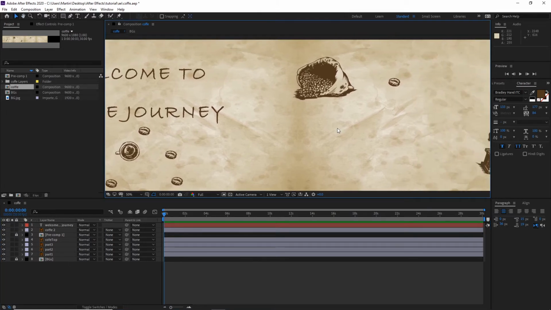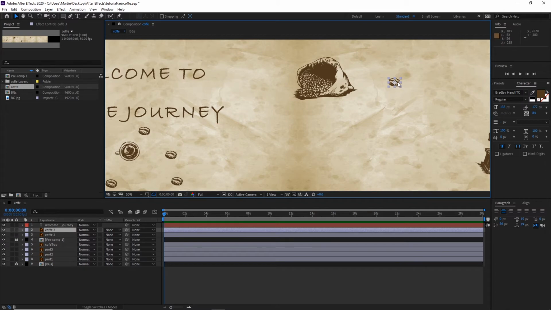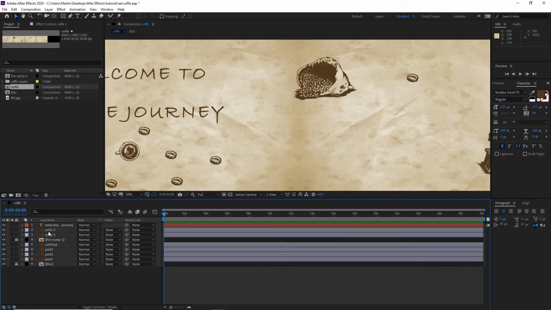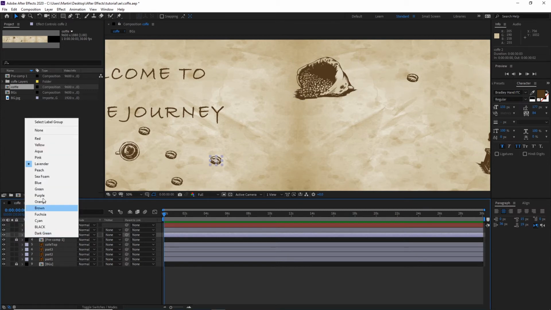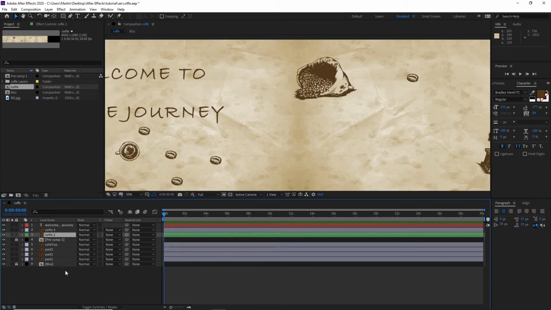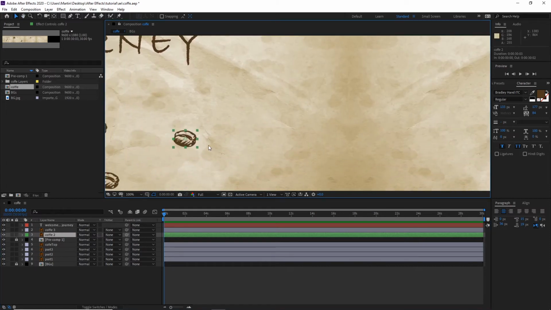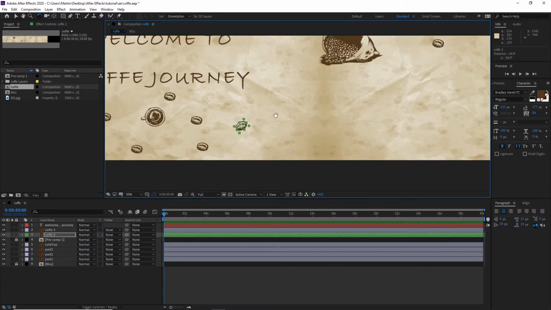Alright, so now I'm going to take this one, and again I'm going to duplicate it, and I will move this a little bit in here, and this one I will take with me, and I'm going to draw a path with this copy bean. So again I am going to click on this one. I will maybe choose green color, it doesn't matter, and I am going to rotate this a little bit. So with W, it is this layer, you can rotate it like so,